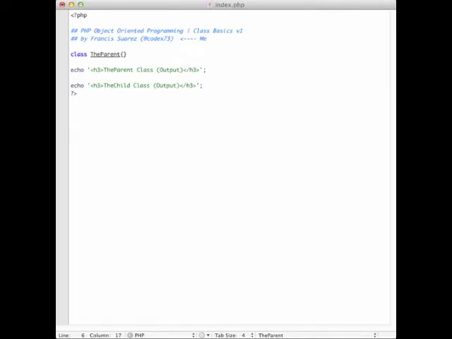By the way, I'm using TextMate here, but you can use any text editor, Notepad++ for Windows, or even the basic Mac editor or Windows Notepad. So here we go. So we got the class,